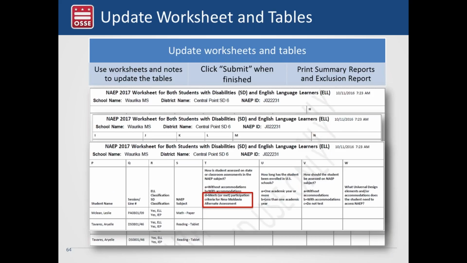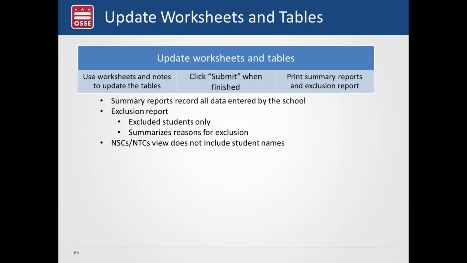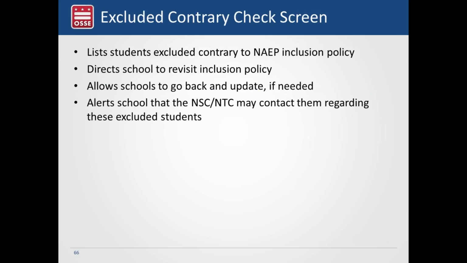This will also be an area where you're going to indicate if a student takes the alternative assessment, as you see highlighted in the red box here. You're going to update the table, and as you did in the review and verify, once you've submitted the information, you'll be finished with this particular task. But I want you to note that